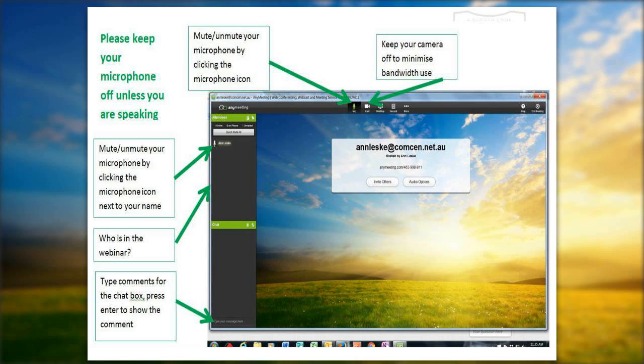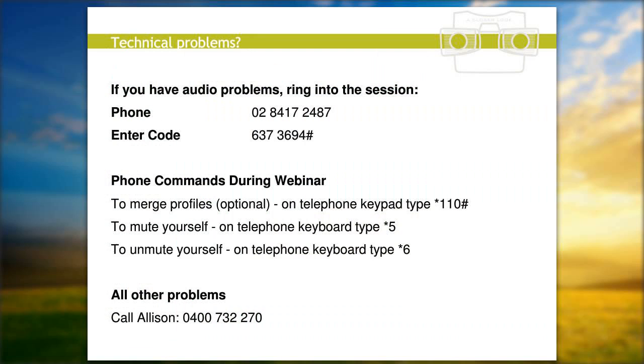In order to speak, your microphone needs to be on, but we've already tested that and it's all working really well. We do ask that you don't put the camera on because that takes up too much bandwidth. So this is the bit that is useful if you can write down, because what has happened in the past is sometimes people's individual internet connections can make them drop off the call, and you can still phone in and access the webinar as it's going on by phone.